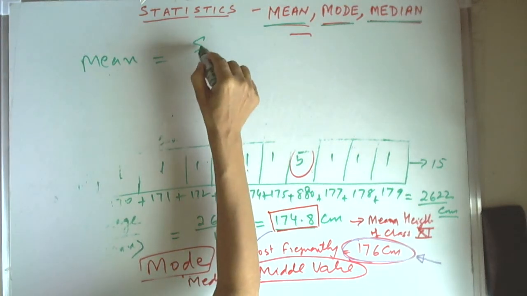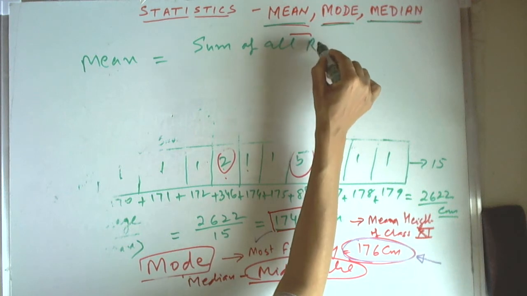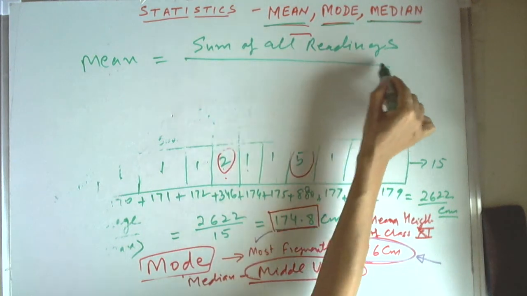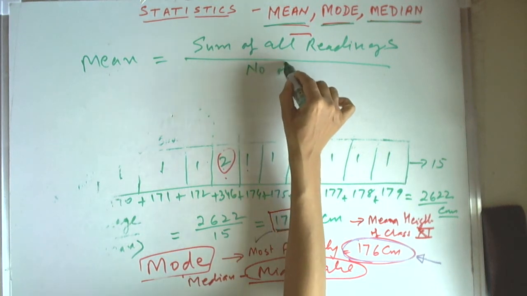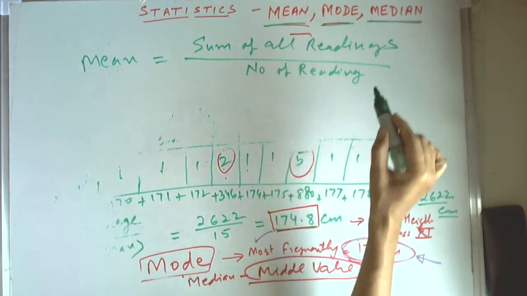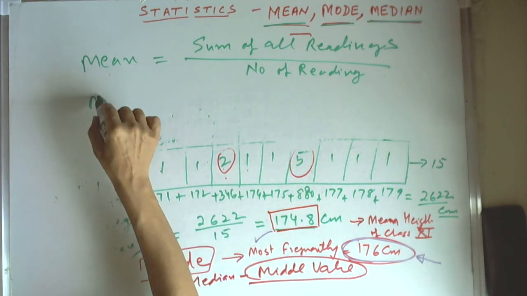Mean is sum of all readings divided by number of readings. So in this case there were 15 students, so we took height of all the 15 students and divided by the 15 students. Then mode is